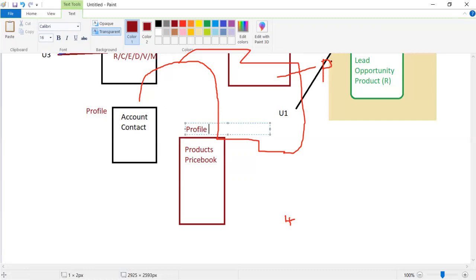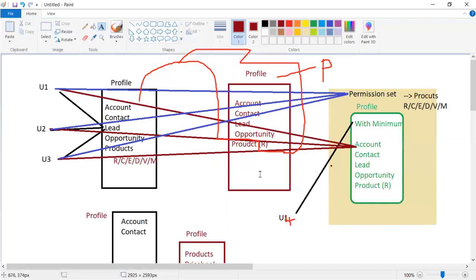And the object structure is different. In that case, you can go with the profile. But if you see that there is a profile, only a single access is the difference from the existing profile. What existing profile is there? With that existing profile, if I create a new profile, there is only one small change. Now that small change, whenever you feel that,